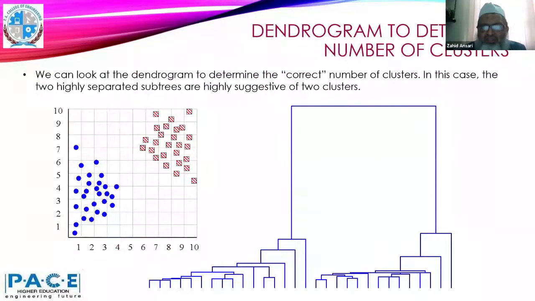Okay, see, dendrograms are very useful. If you look at this dendrogram, it is very obvious that there are two clusters. This is the data on the left-hand side, and the dendrogram is over here. So we can see that two separate clusters are there. Many times, through the dendrogram we also get an idea about the clustering. Not always, sometimes it is very ambiguous, but sometimes we get an idea of how many clusters there are.